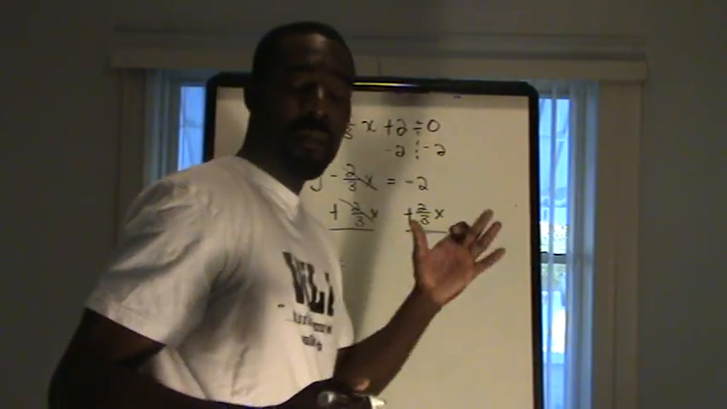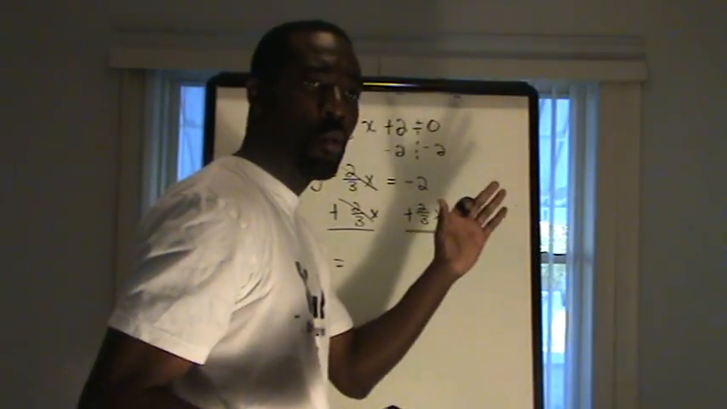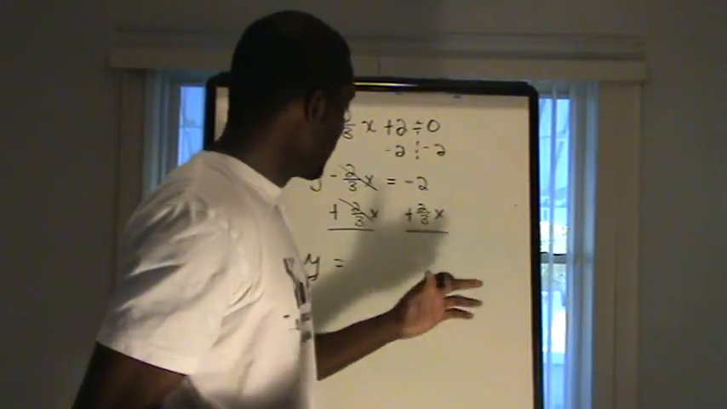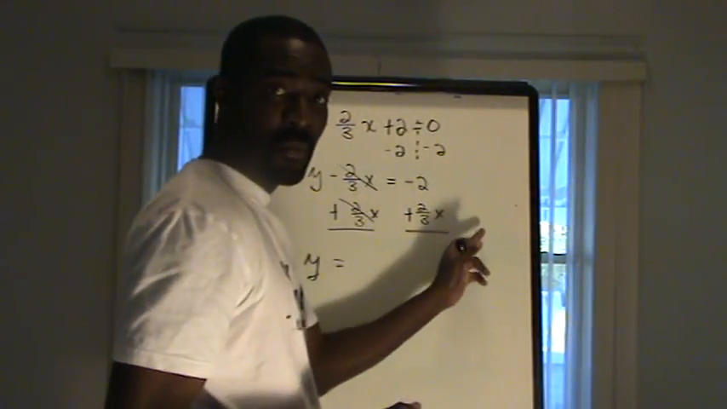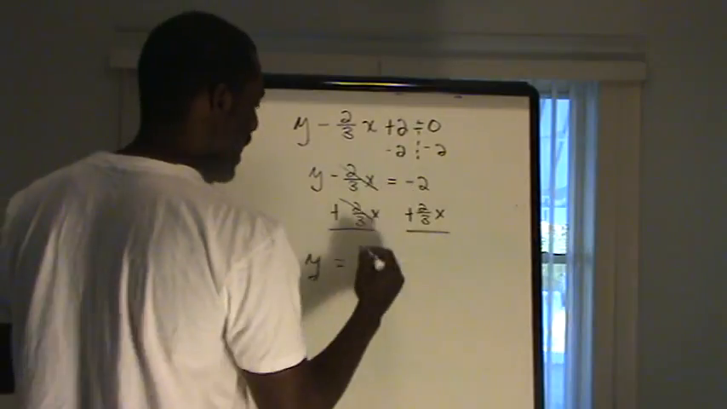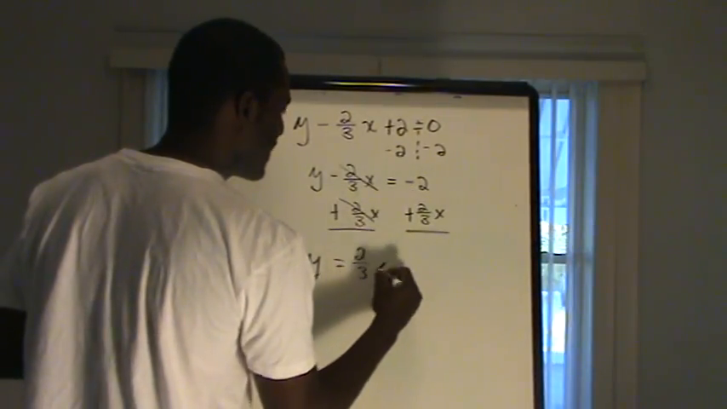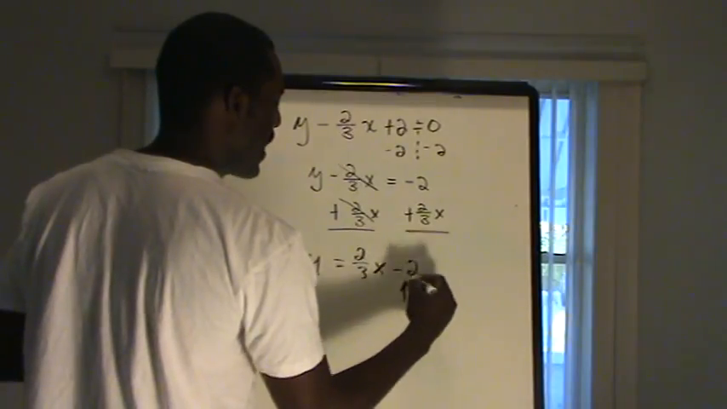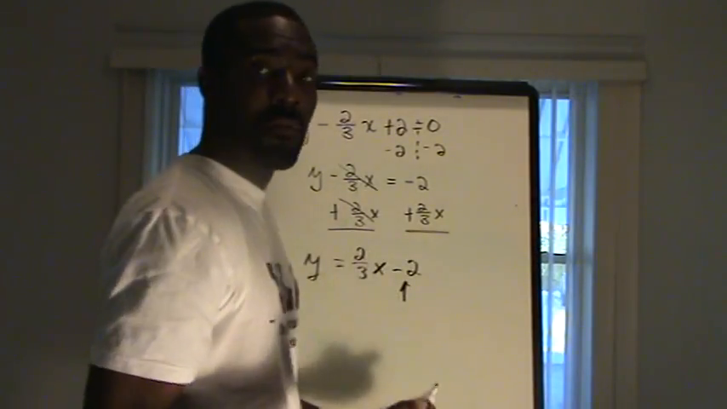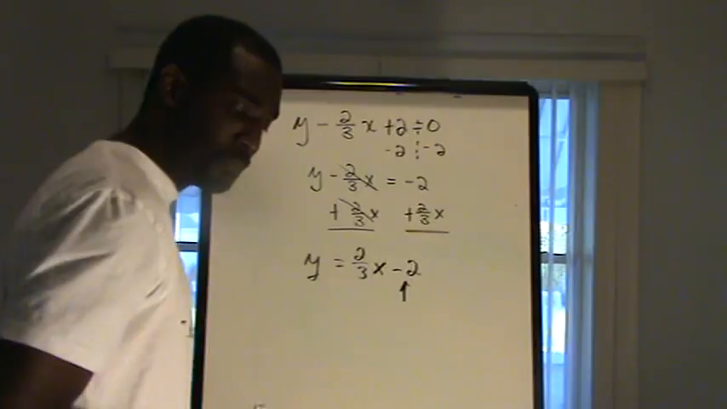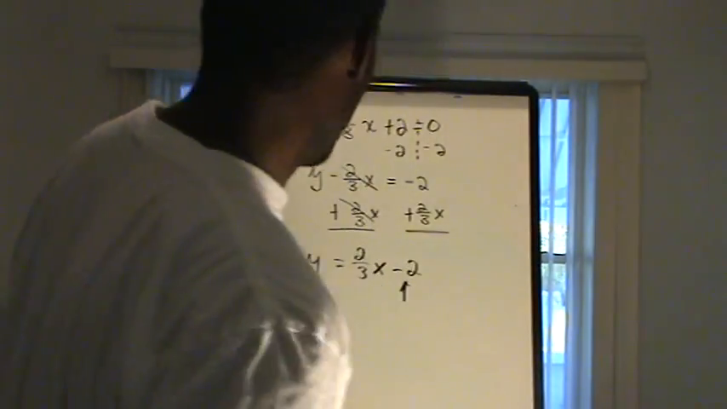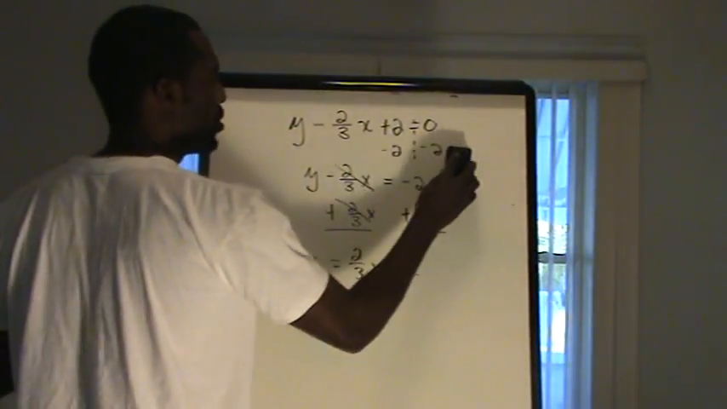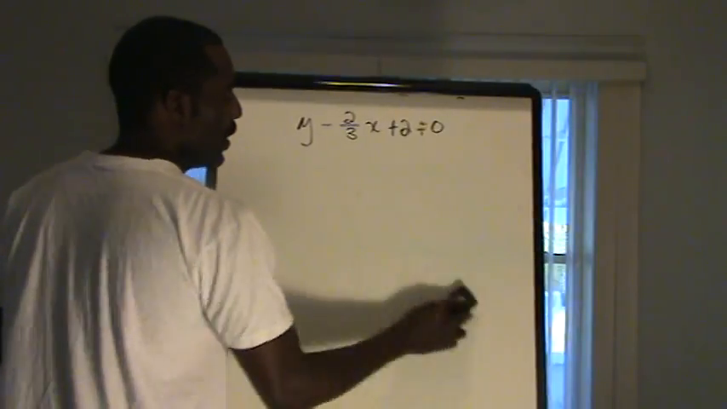Now remember, in slope-intercept form it goes y equals mx plus b. So you want your x portion to be written first. So this would say y equals 2/3 x minus 2. And clearly now we see that our b here is negative 2. So my y-intercept is negative 2. But if you did not want to do that, let me show you a different way real quick of